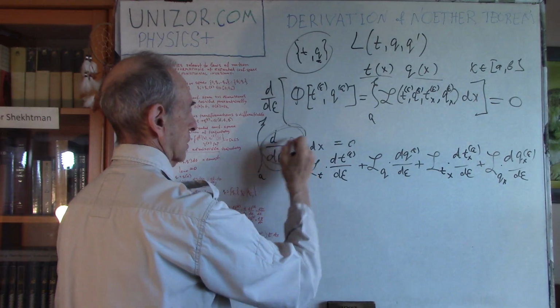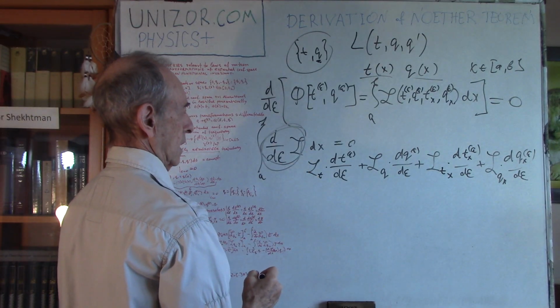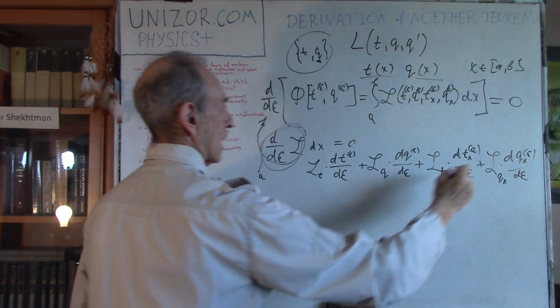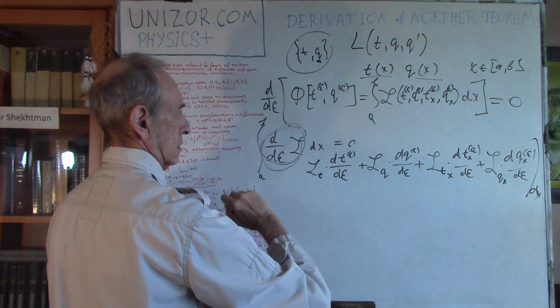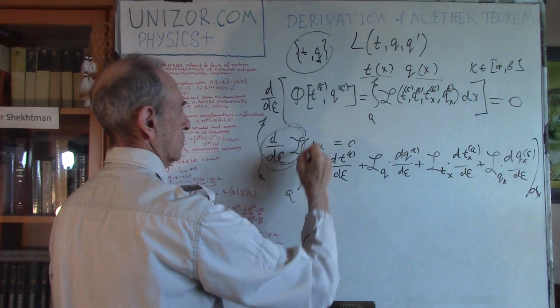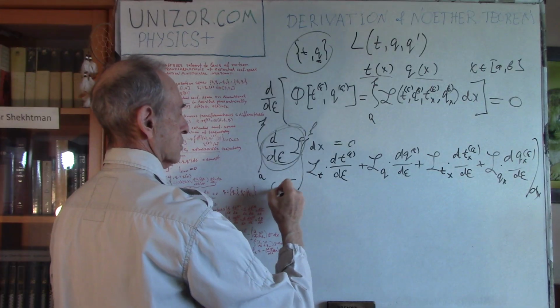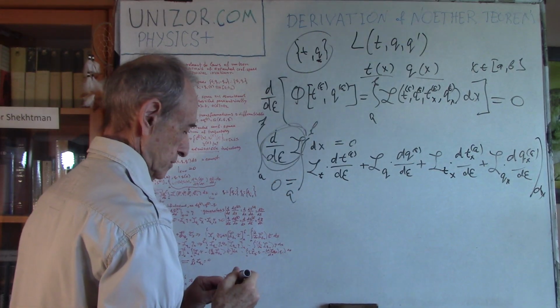So that's what full derivative by epsilon means. So times dx, integral of a to b equals to 0. Now,